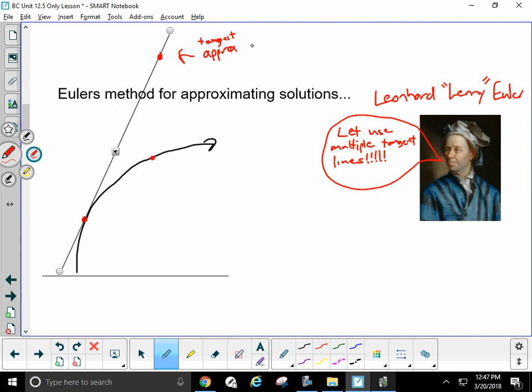Tangent approximation, way off. And he's like, don't just use one. Let's use two. Let's use three. Let's use four, depending on how accurate your approximation needs to be. And he first says, okay, well, if you have your known point and you know the slopes of your function